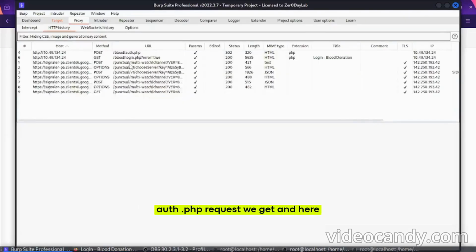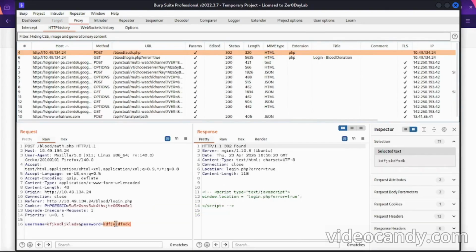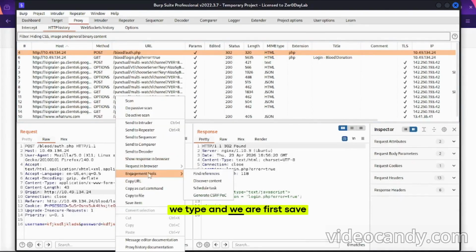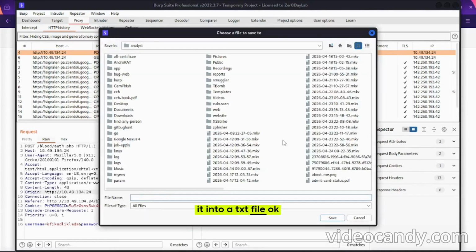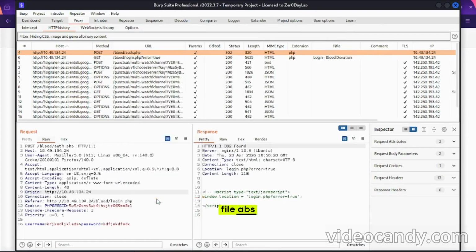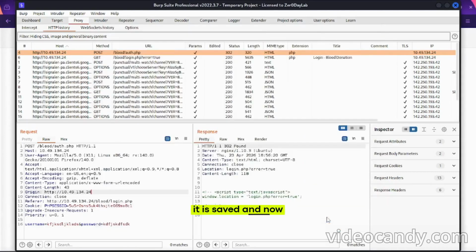We get this auth.php request, and here is what we typed. First we save it into a txt file, abs.txt. Okay, it is saved.